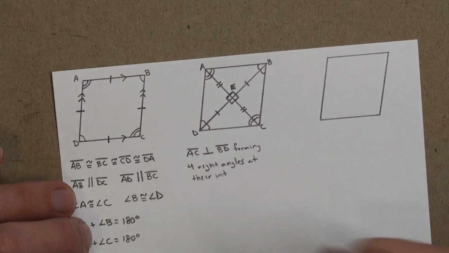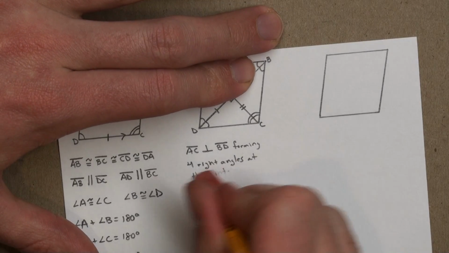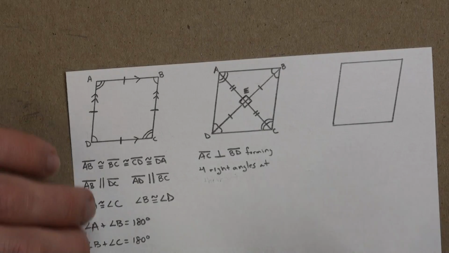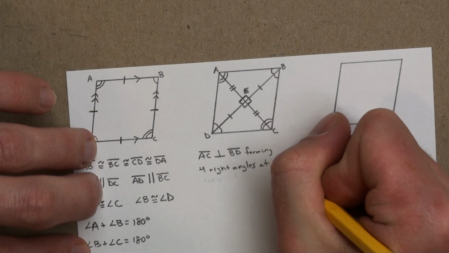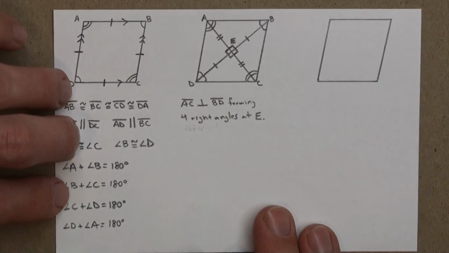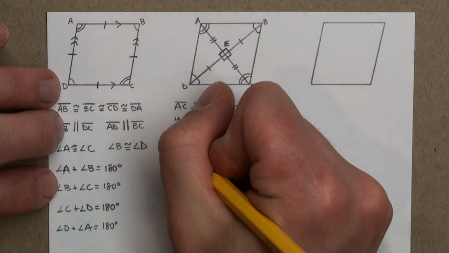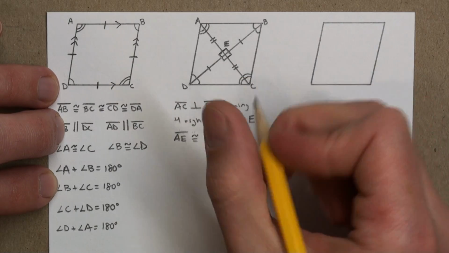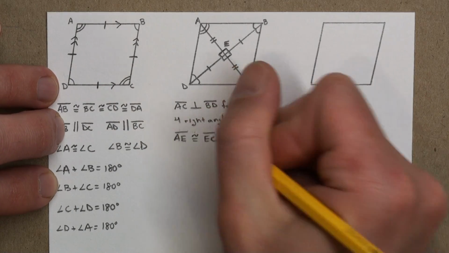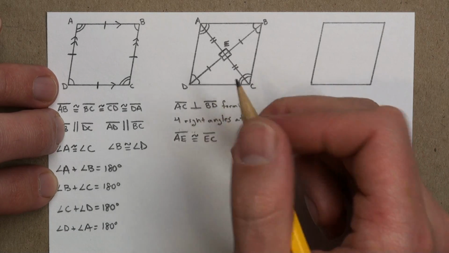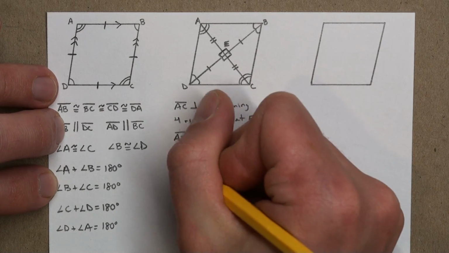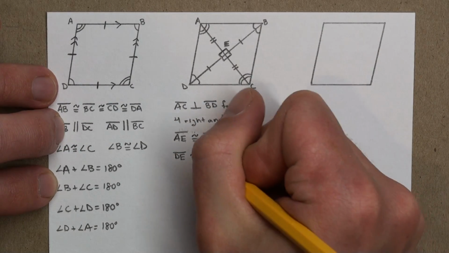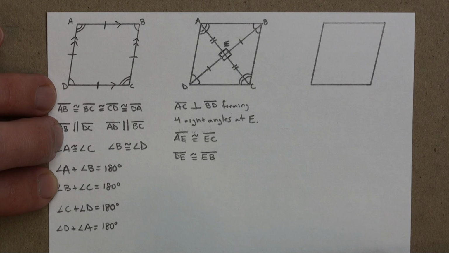Well, let's put at E, that makes it a little bit shorter. So we can also say segment AE is congruent to EC, segment DE is congruent to segment EB,